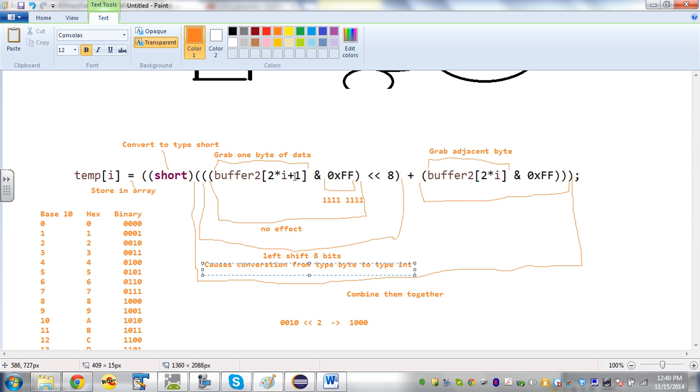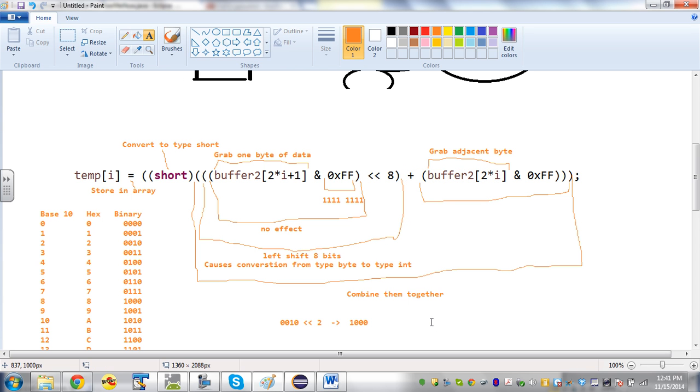So it's now stored, instead of 8 bits, it would be stored in 32 bits. So you're going to have 16 zeros on the left, and then 8 ones and zeros, depending on whatever was stored in the buffer, and then 8 zeros. And then when you add this other number with 8 bits in it, you end up with a number that has